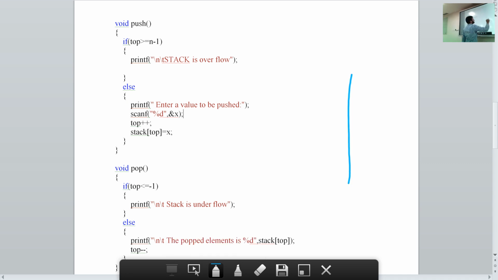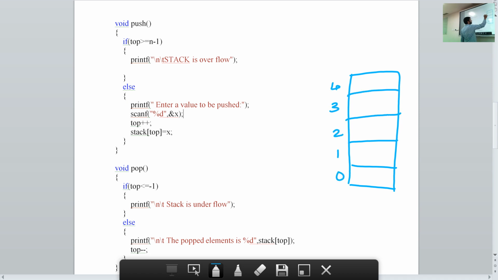So we are having these values on your stack: 10, 20, 30, 40 and 50, and your top is present at 4. That is, your 50 is the topmost element, therefore your top is equal to array index 4.